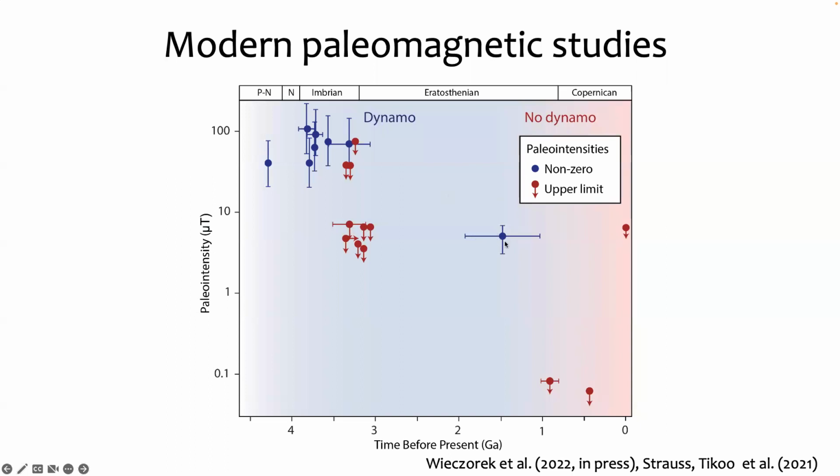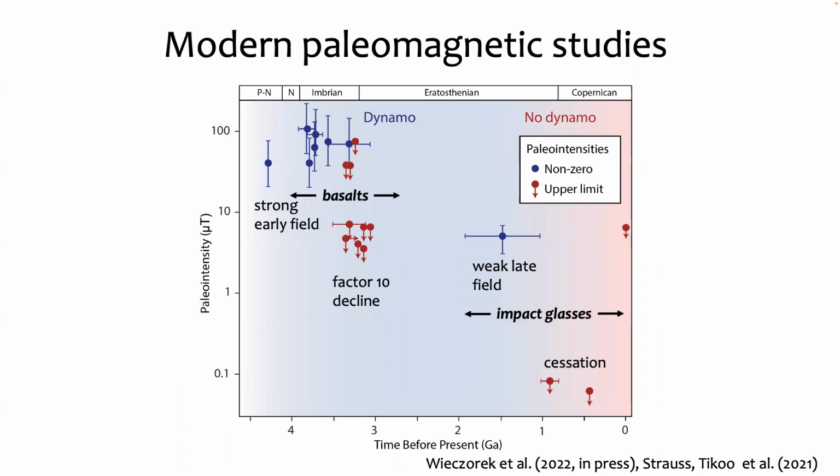So then we have this one point that's a bit younger, about 1.5 billion years ago, where we have a non-zero remanence. And then we have some other very young rocks that ended up being exceptionally good magnetic recorders, very fine magnetic grains and impact melt rocks. And it turns out that those rocks were not magnetized at all. And that pins the field strength about 1 billion years ago and less to basically 0. So the takeaway is that there was at least an intermittently strong early field. The field probably declined by a factor of 10 in intensity. There may have been a weak late field, and then the lunar dynamo definitely ceased, we think, by around 1